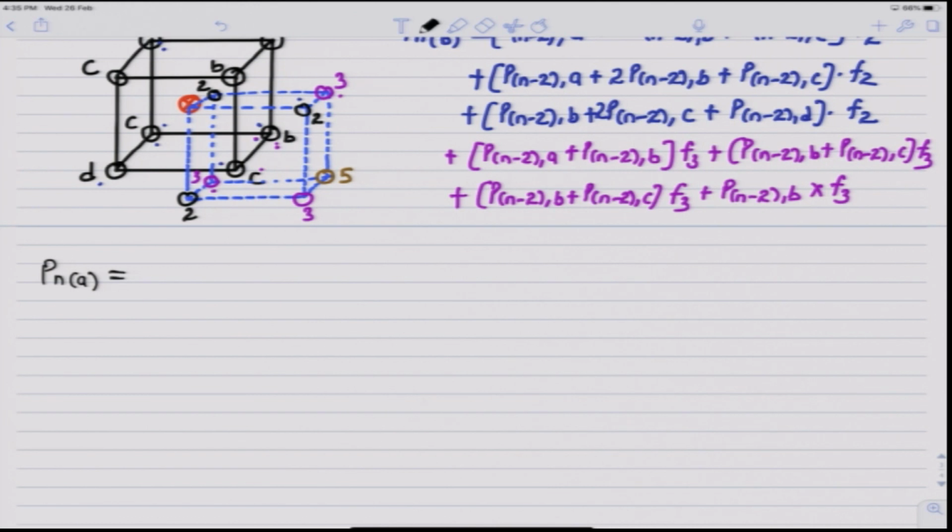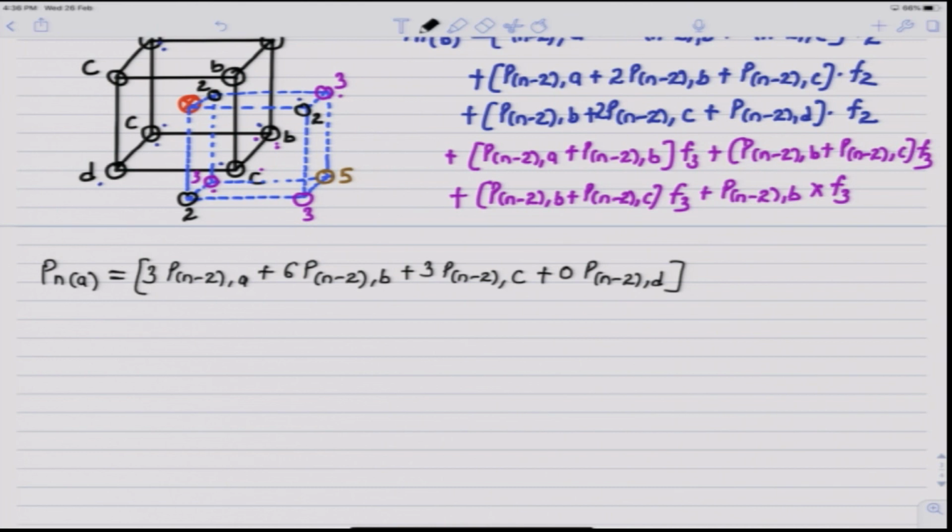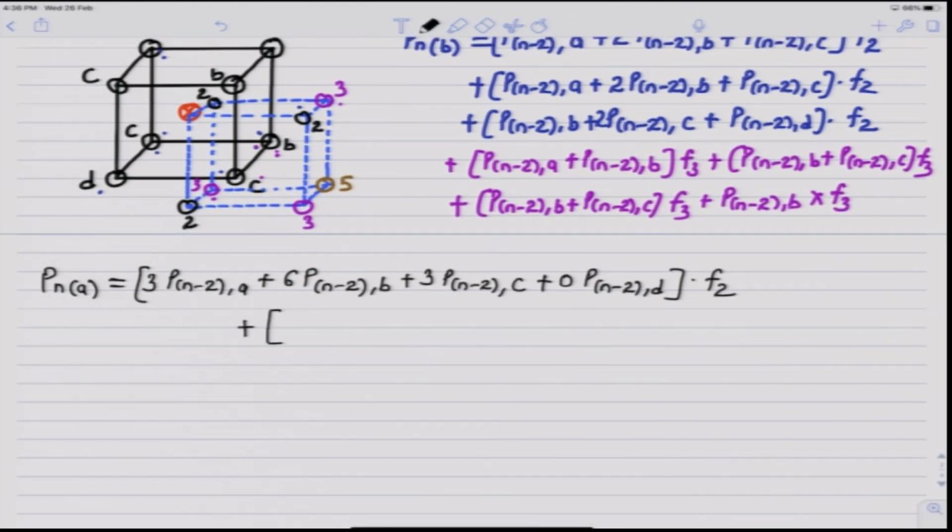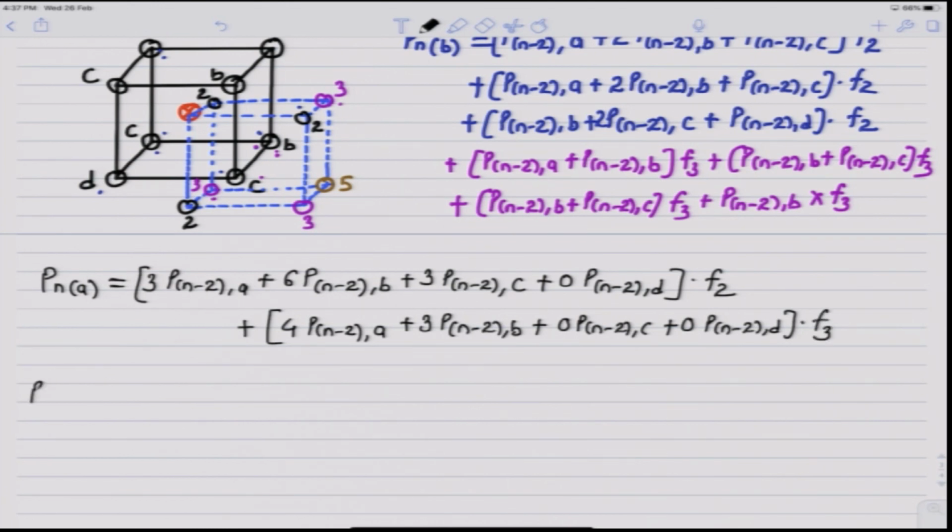So, P n of A can be written as 3 times. Similarly, P n of B can be written in terms of F2 and F3 as